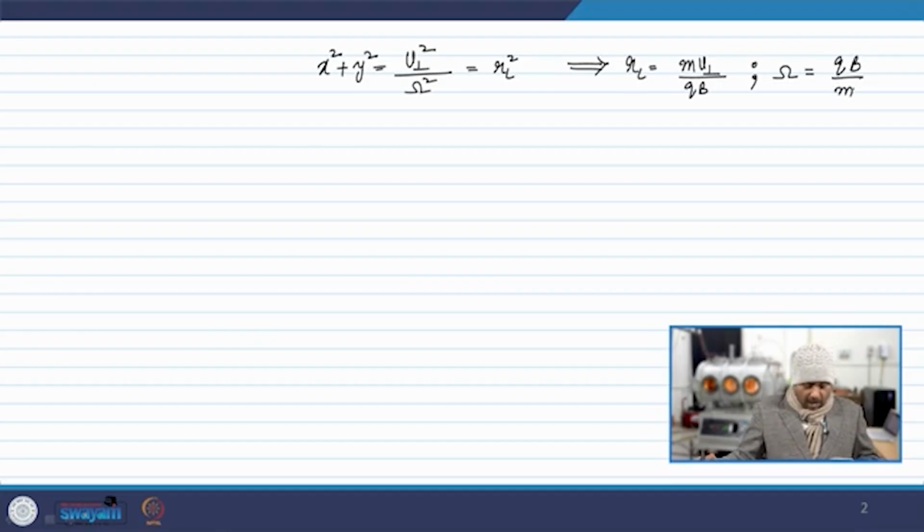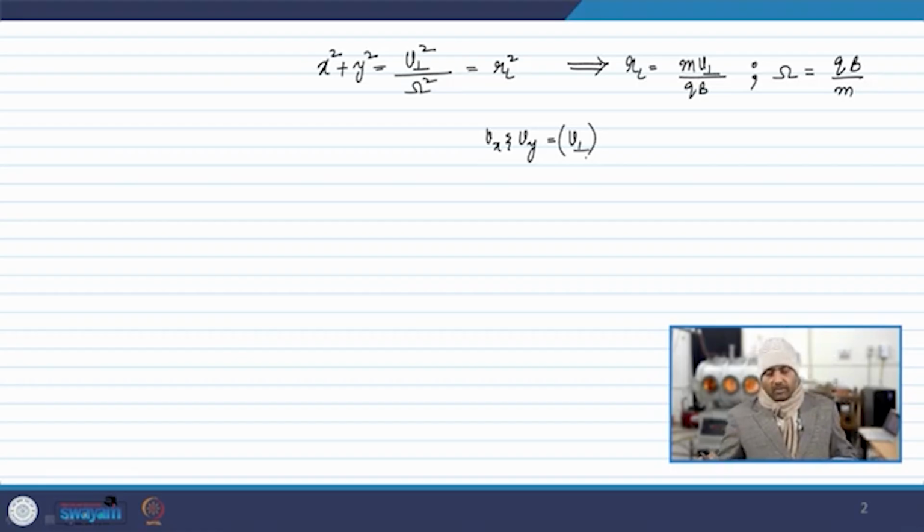Now, if we look back at the velocities Vx, Vy and Vz, we can refer to Vx and Vy as constituting V perpendicular, they are not equal as such. So, Vx square plus Vy square is equal to V perpendicular square, right. So, they are perpendicular to what? They are perpendicular to the applied magnetic field. So, they are the components of velocity which are basically influenced by the presence of the magnetic field, whereas